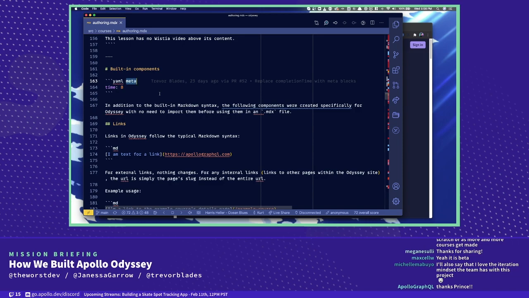And whenever we encounter one, we're able to take its data, which is going to be YAML, parse it using a node YAML parser, and then append that to the lessons as their metadata.